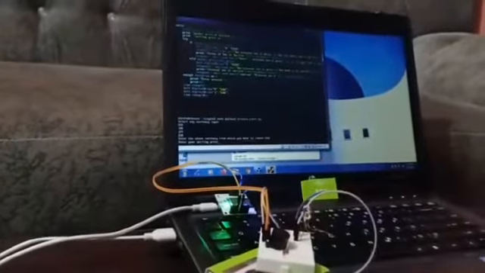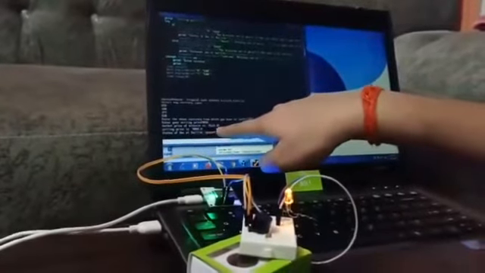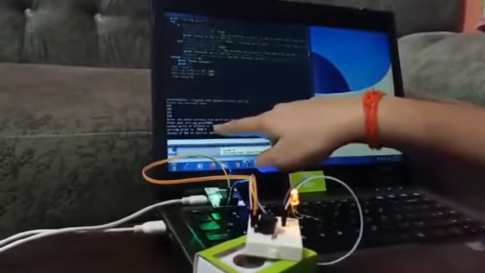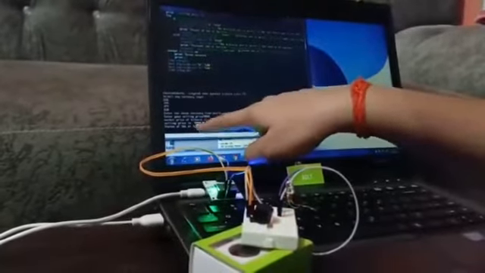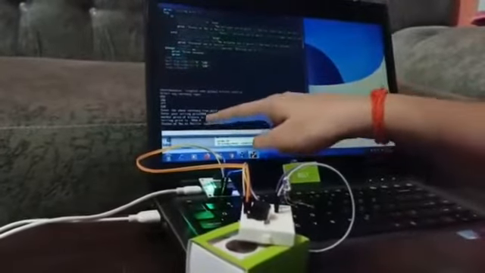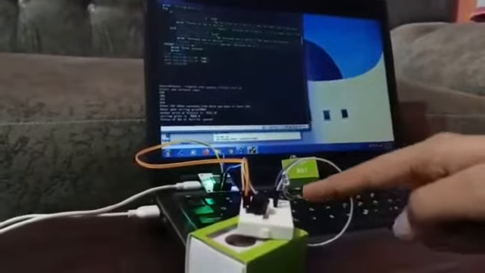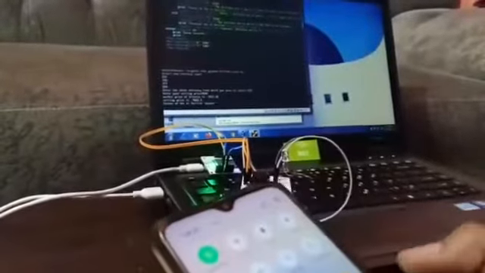And it goes. Now it asks me to enter my selling price. Suppose I enter some random number like 9,800, let's see what happens. Now see, the market price of Bitcoin is 9,523, and the selling price which we have entered is 9,800. So the market price is obviously lesser than our selling price. So you can see that the LED is glowing, and we can see that the message is there.